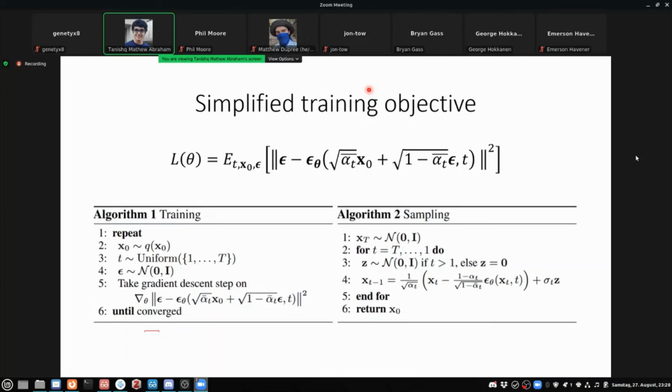I know this can be very confusing. This is what is referred to as the likelihood formulation. But then there's also the score-based formulation, which I think we'll talk about next. I think that is maybe easier to understand. At least I found it easier to understand, so we'll talk about that next.